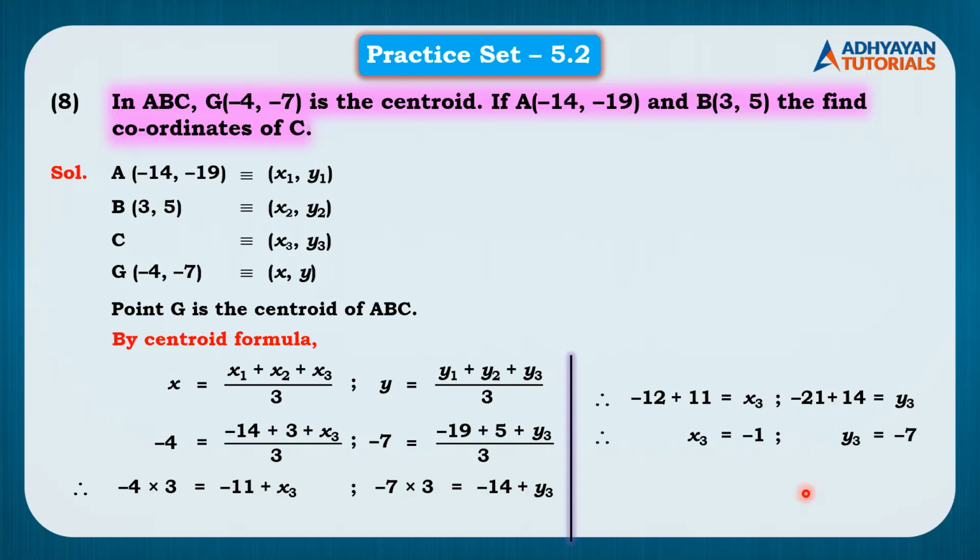So we have got the coordinates x3 and y3, and x3 and y3 are the coordinates of the third vertex C. So we can say, therefore, the coordinates of C are minus 1 comma minus 7. Have you understood, students, why we took the formula separately now? Why didn't we take it directly in a formula? Yes, because we have to find x3 and y3 and not x comma y. So remember, whenever we have to find the coordinates of the centroid, we can directly use the formula for the bracket. But if we have to find the coordinates of any one of the vertices, then we have to take the formula for x separately and the formula for y separately. Understood this? Sure.